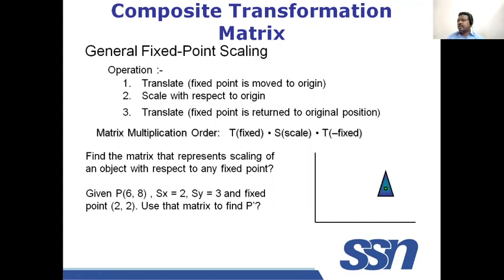It's a triangle. It is to be scaled with respect to this point, say 2, 2. With respect to this point, I would like to do the scaling. With respect to this point, the scaling matrix is unknown to me, but with respect to origin, I know. Because of that, I am bringing this object and making this point coincide with the origin. So I am moving this object to origin. Now mathematics is known to me.